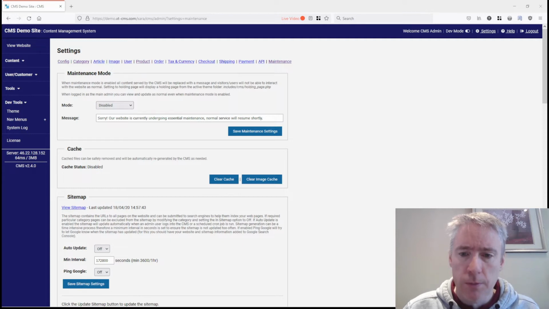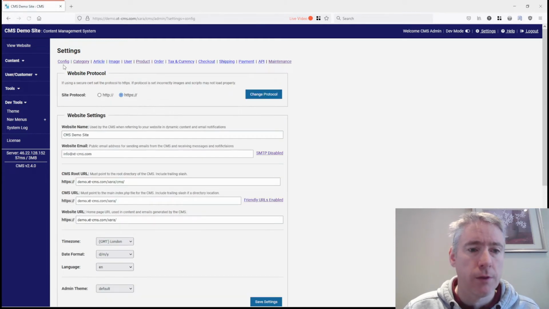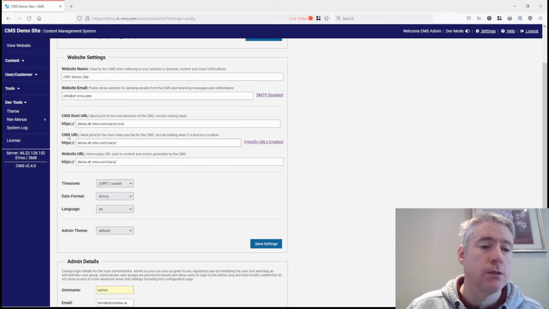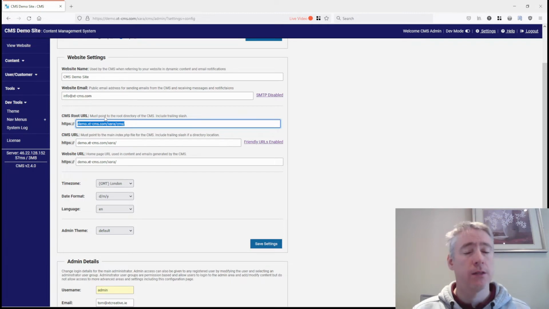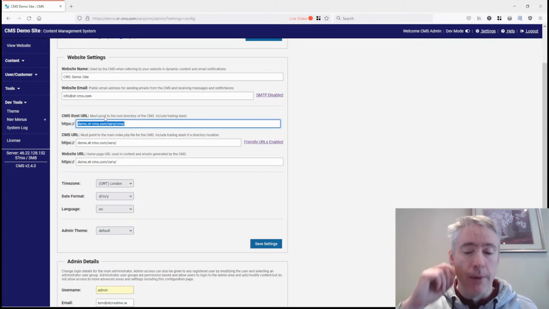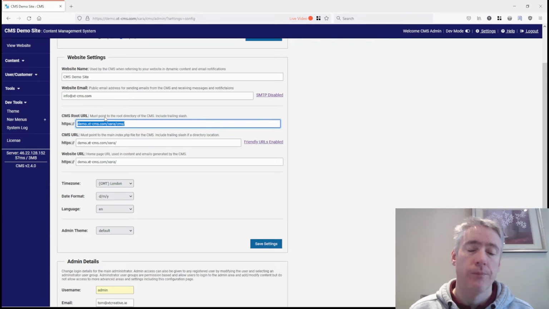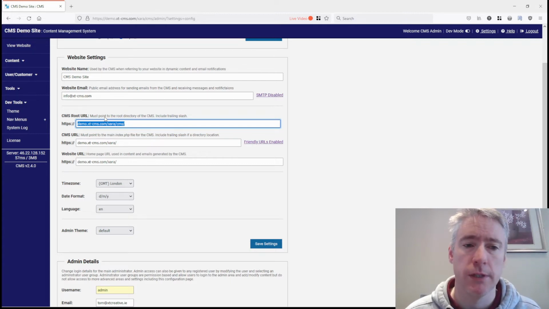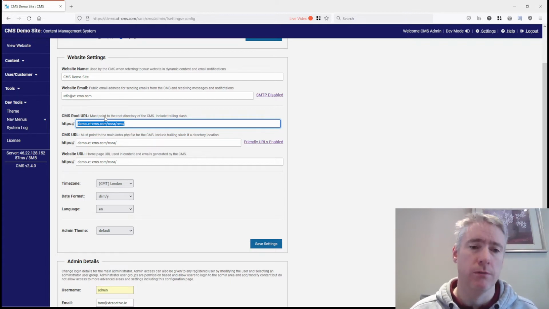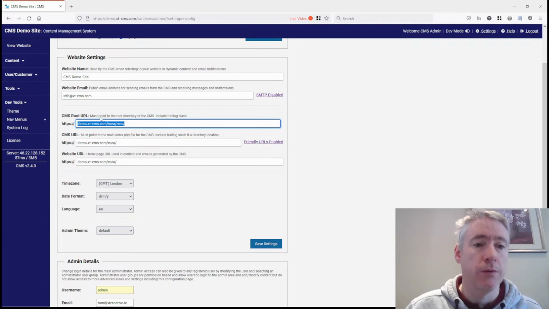So the CMS root URL can be set in the config page. So if we go back to config, in previous versions you just set the CMS URL and the website URL, and the CMS root URL is detected automatically when you install, and previously you could override it in the config file. But if there was an issue where it didn't detect it correctly, it was kind of hard to know that that was a problem, because there was no visual representation of it shown to the user. You would have to debug it and figure, oh yeah, that's the problem. So now if there is a problem, at least it will show here.